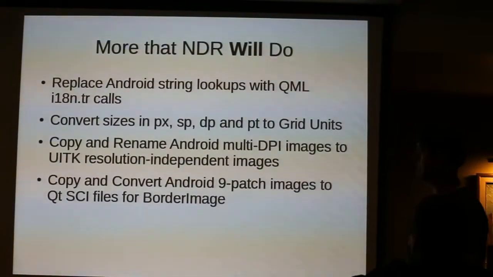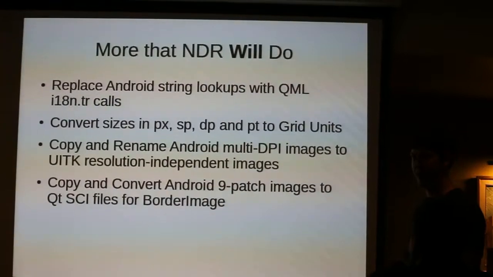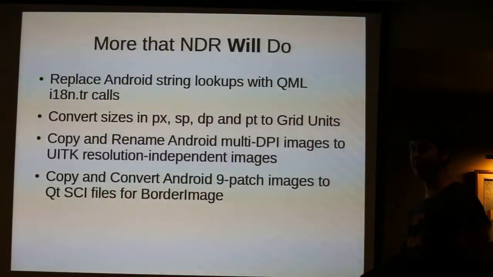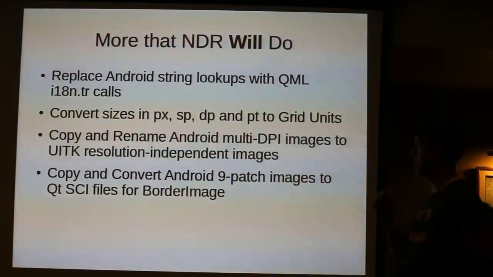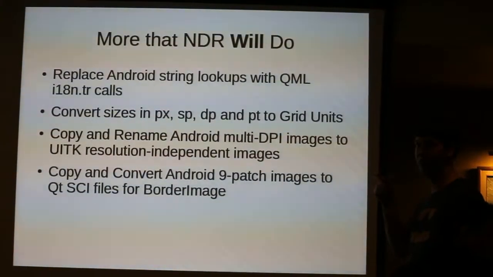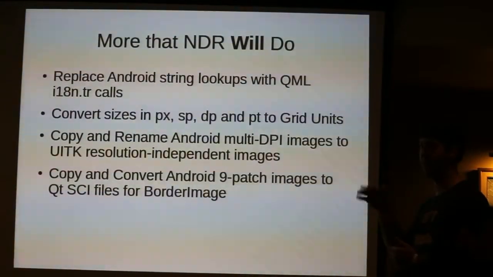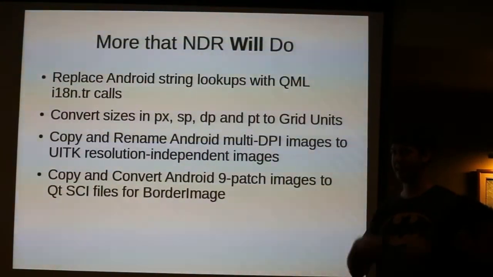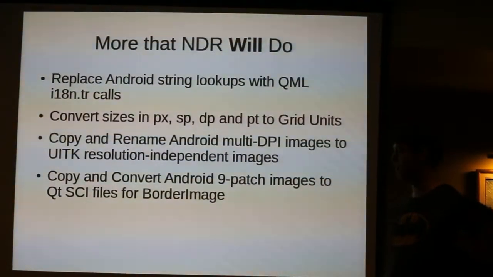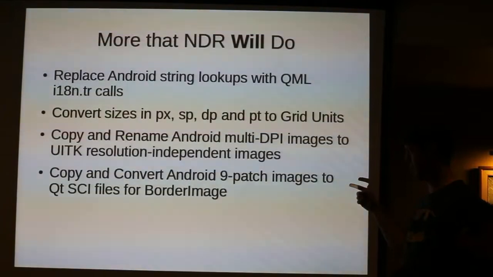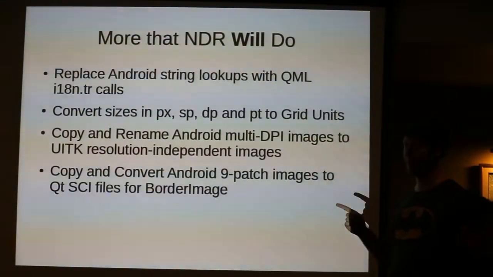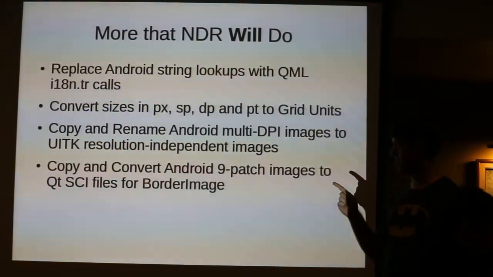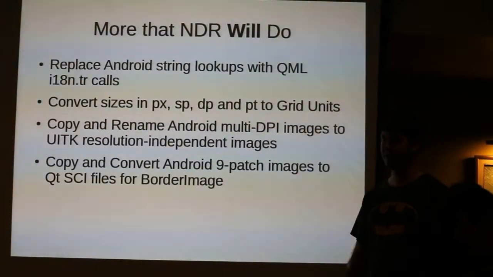Some more things it'll do, it'll replace Android string lookups with our translations calls. It'll convert the different sizing units that Android uses into our grid units. It will rename the Android drawables that are in different directories depending on high DPI, low DPI. It'll convert those into our @8 or @10 or @16 resolution independent files. And then there's a Go script that somebody gave me that will convert the Android 9 patch images, which let you intelligently scale images. It'll convert those into Qt's version of that, which are SCI